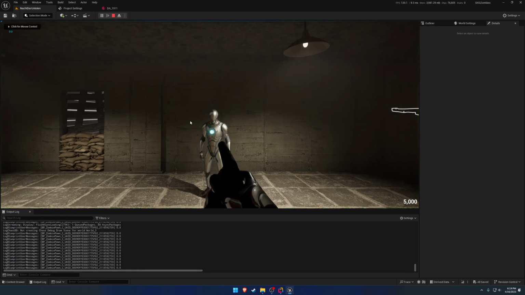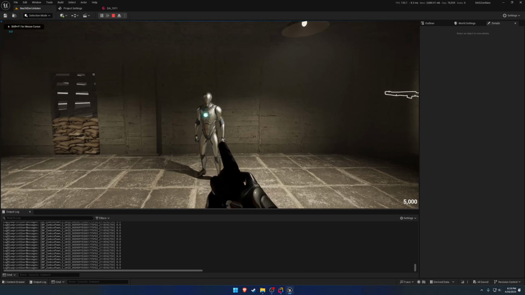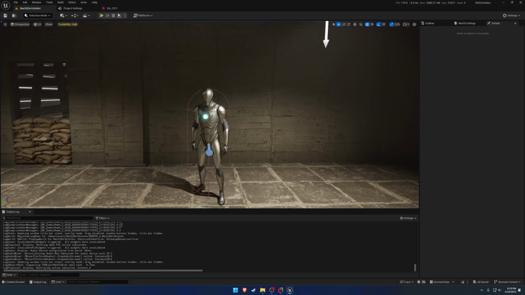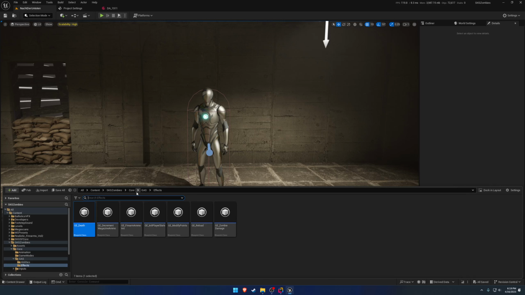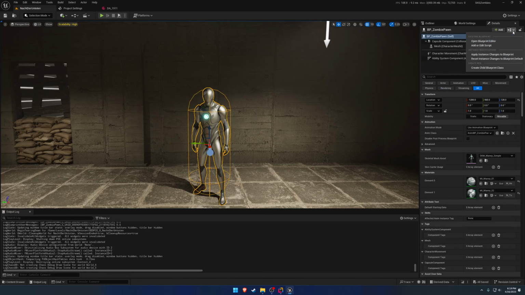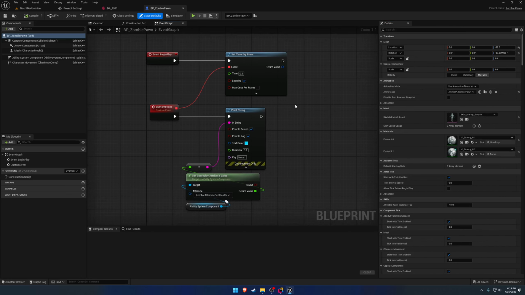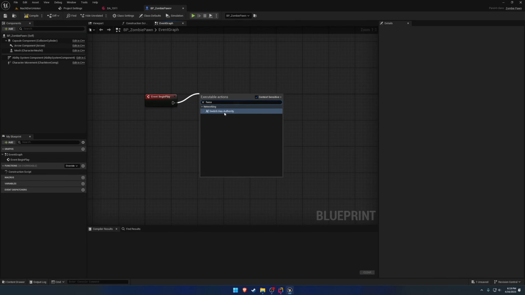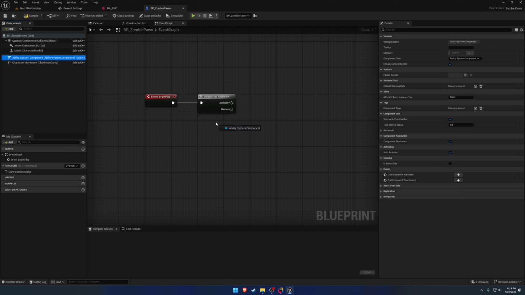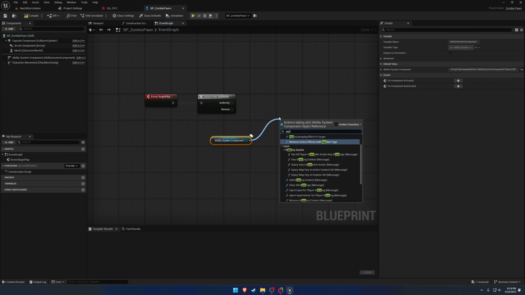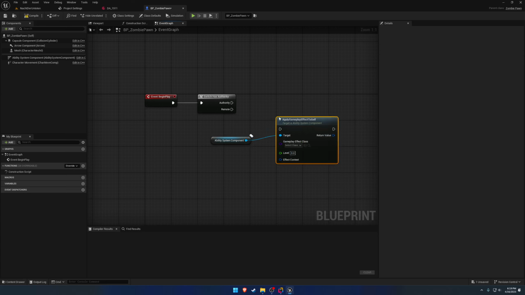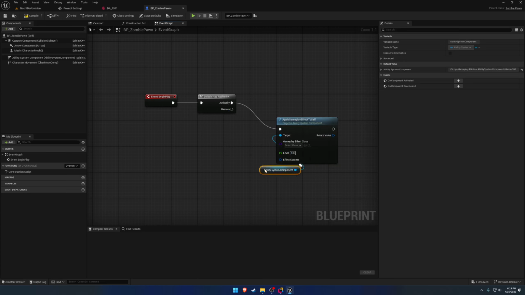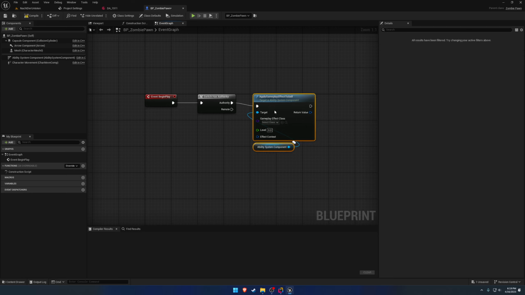So let's give it a try. Actually, we don't need to be printing out the zombie pawn value anyways, because that's still showing 0. So what we can do is let's go to our zombie's BeginPlay. We can delete that, and if we have authority, what we want to do is grab the ability system component and apply a gameplay effect to self. And the effect is going to be,